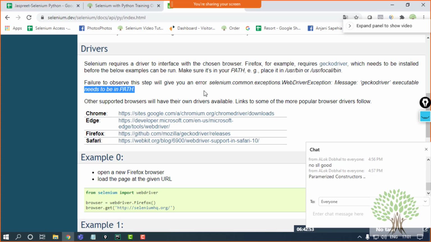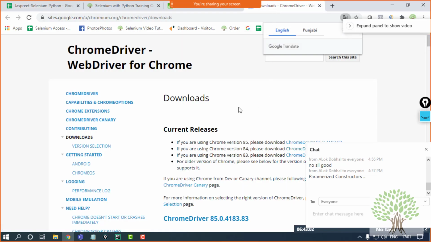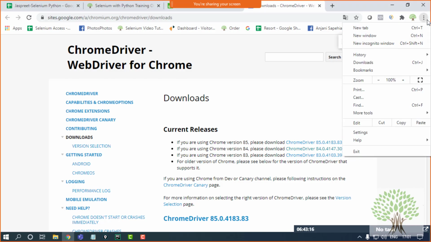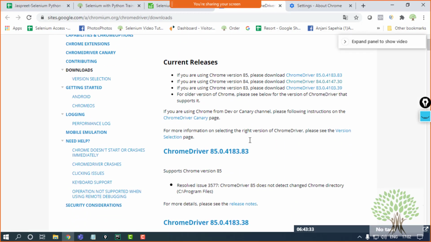Firstly, starting with Chrome. The link from where you will be getting the Chrome driver is over here, the first one. This kind of page you will be getting after this. Now to download the accurate driver for Chrome, you need to check which version of Chrome you are using in your system. You can check that from these three toggle buttons over here. Go into the help, about Google Chrome. Here it will tell you the version of Chrome that you are using. Once you see which version it is, just go to this page and look for the same series.